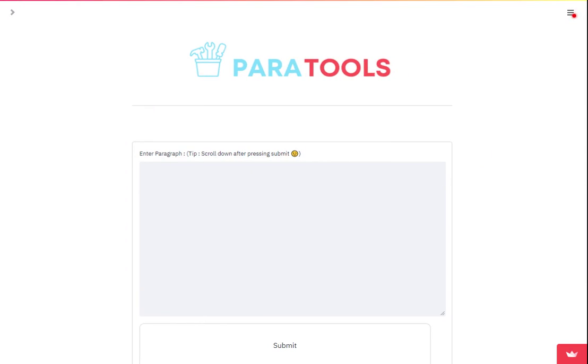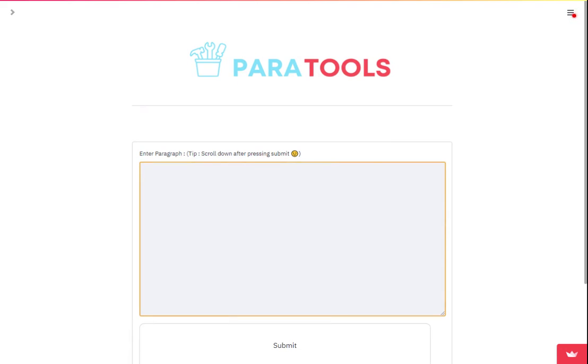And what we can do here is that this is basically the landing page of my website, which is called Paratools. And what this does is it provides a bunch of features to get value out of your app. So what I have is in here, I already have this demo paragraph pasted. So I'll just copy paste it in here. So I have this demo text in here, and let me copy it.